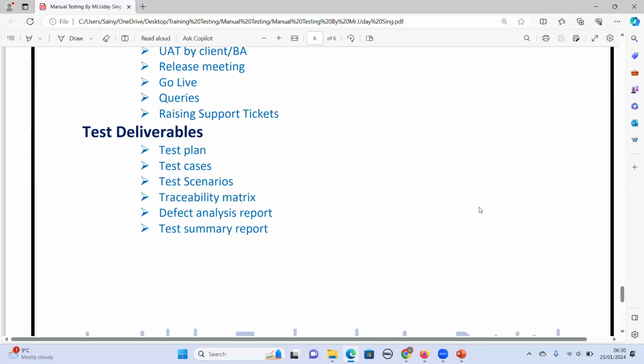Whenever the client wants to see how the test plan has been written, or who was involved in the testing, or what tools have been used, they will go through the test plan document. Likewise, for any higher management, after the web application has gone live, if they want to see who has tested, they will check the test plan documents and understand which tools have been used. All those things come under test deliverables.